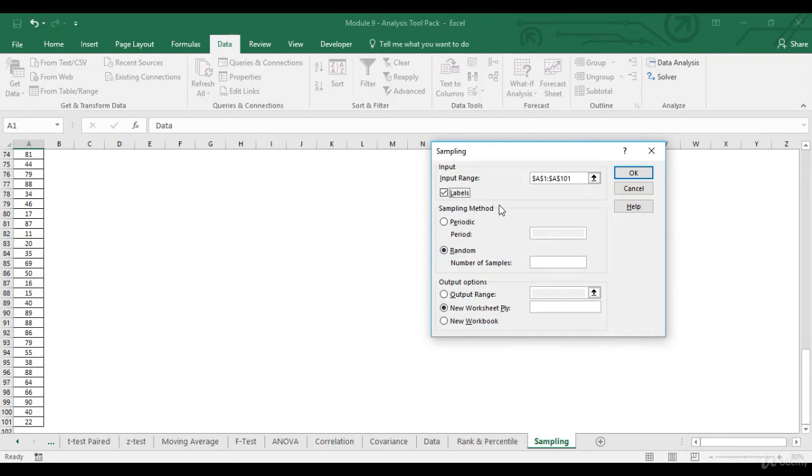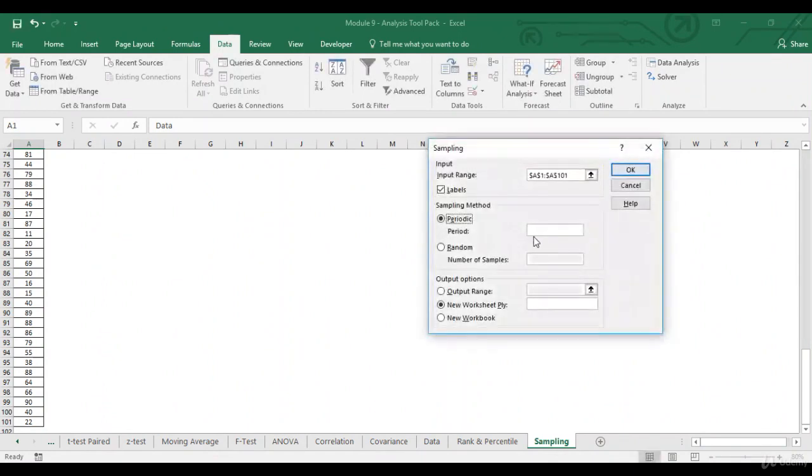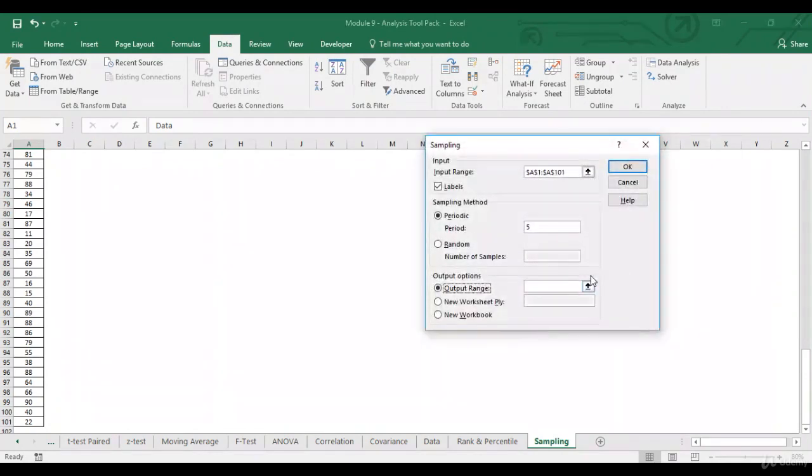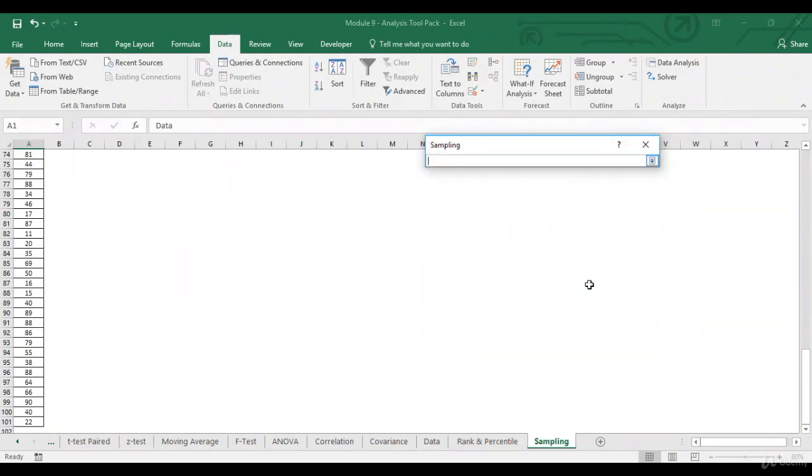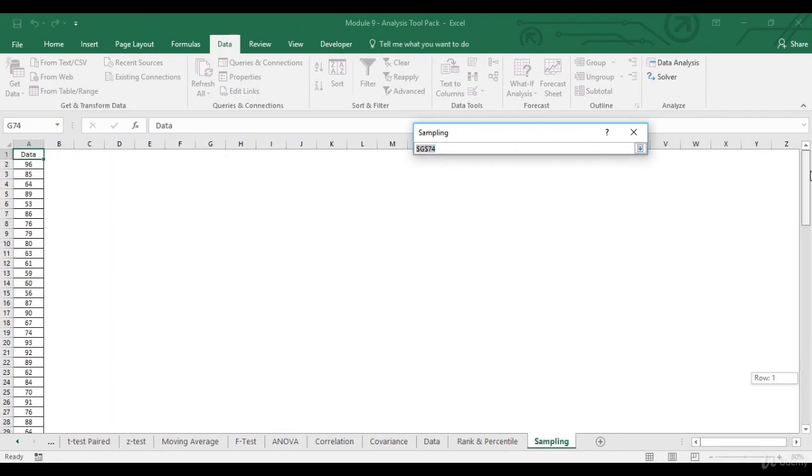Now there are two sampling methods. One is periodic, in which we'll have to mention a number which is less than the number of observations, and then Excel will pick each observation after that interval. So let's say we specify 5 and let's click on output range, this worksheet itself. Select the output range as this